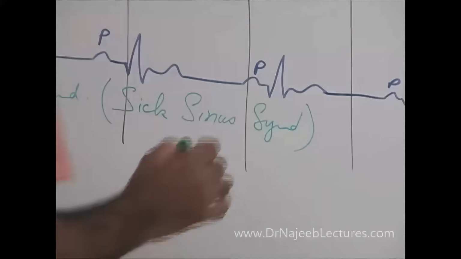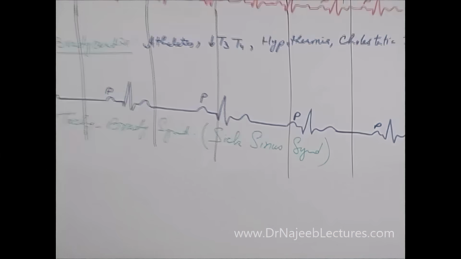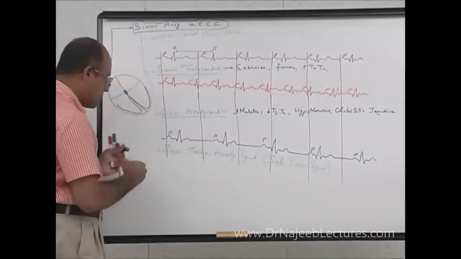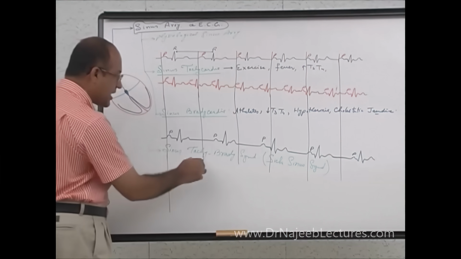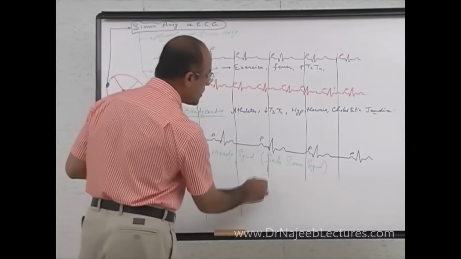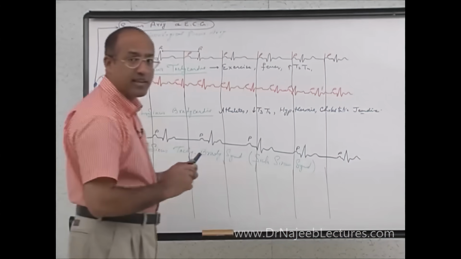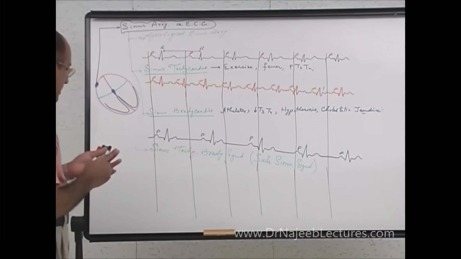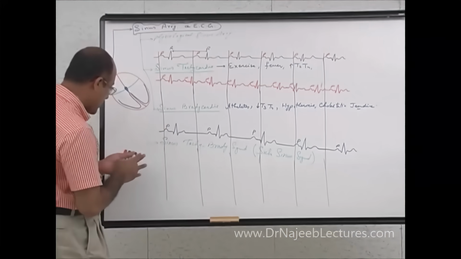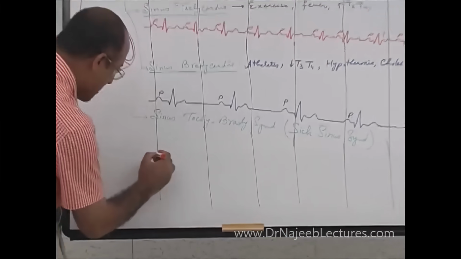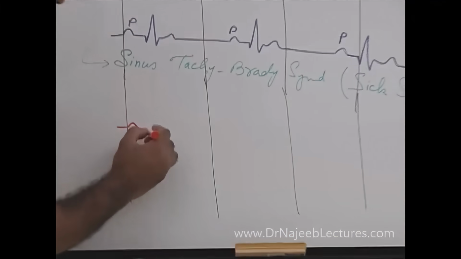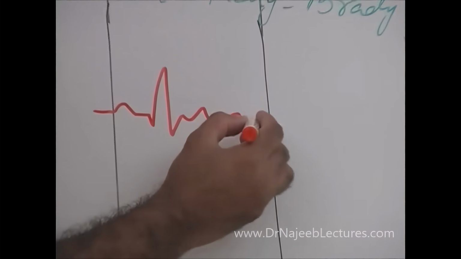So in sick sinus syndrome, what really happens is that the SA node is behaving in a pathological fashion. For some time it may be firing faster than normal, and at other times it may be firing slower than normal pace. For example, in tachycardia-bradycardia syndrome, maybe the SA node is first firing more frequently and P waves are appearing very early in time,